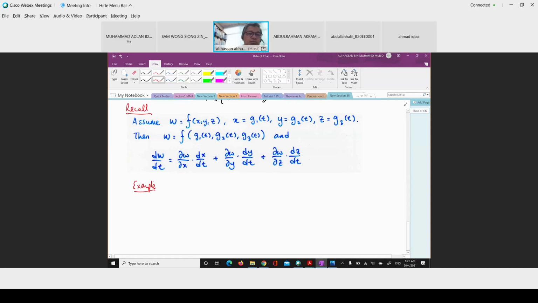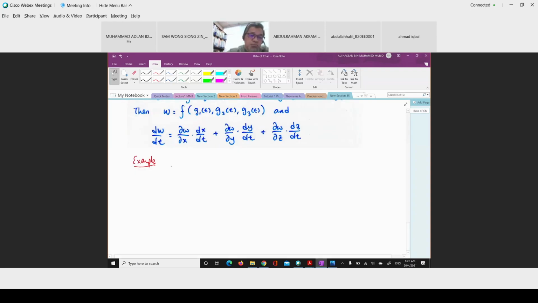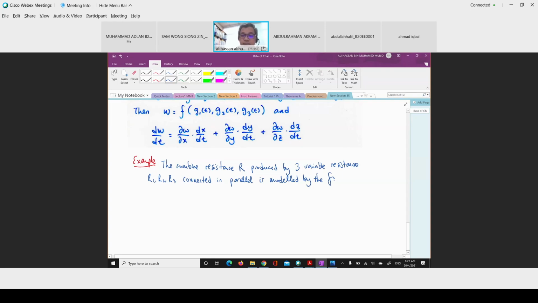The combined resistance R produced by three variable resistances, denoted here by R1, R2, R3, connected in parallel, is modeled by the formula 1 over R equal to